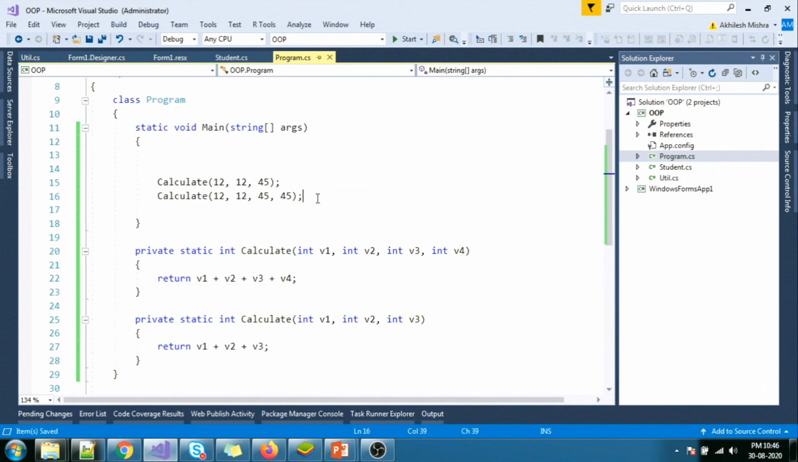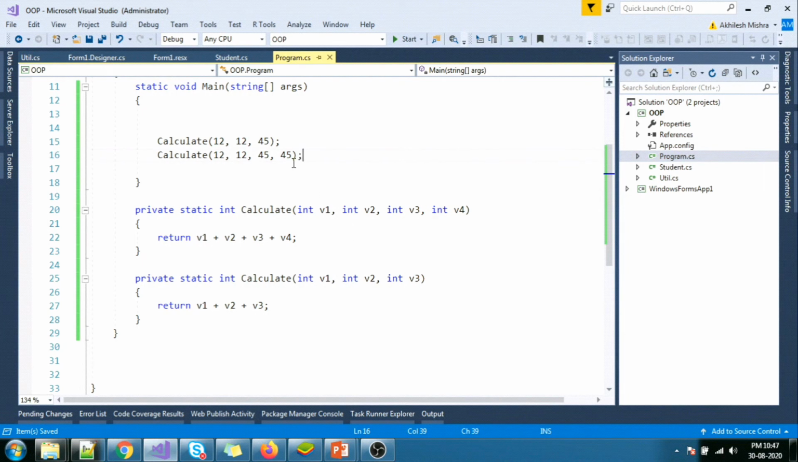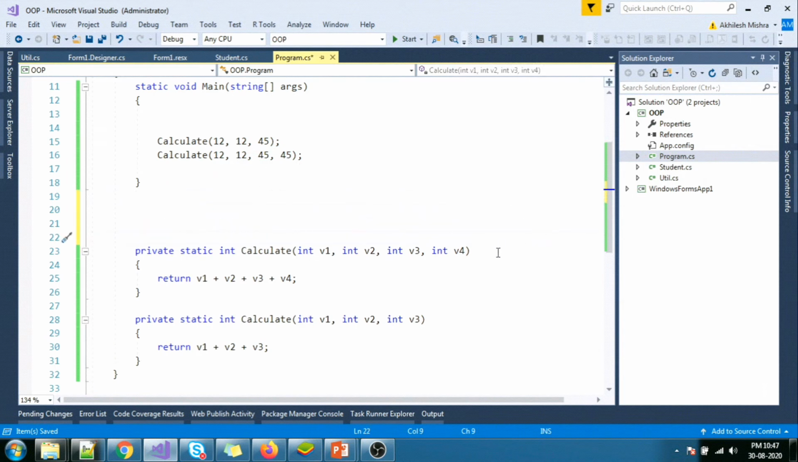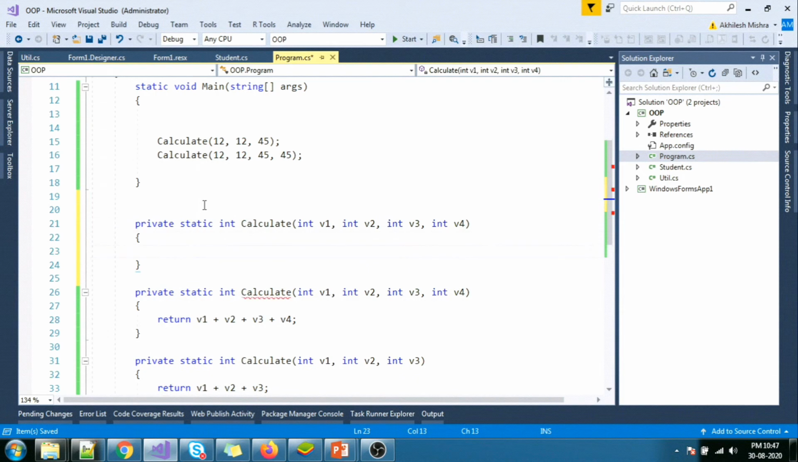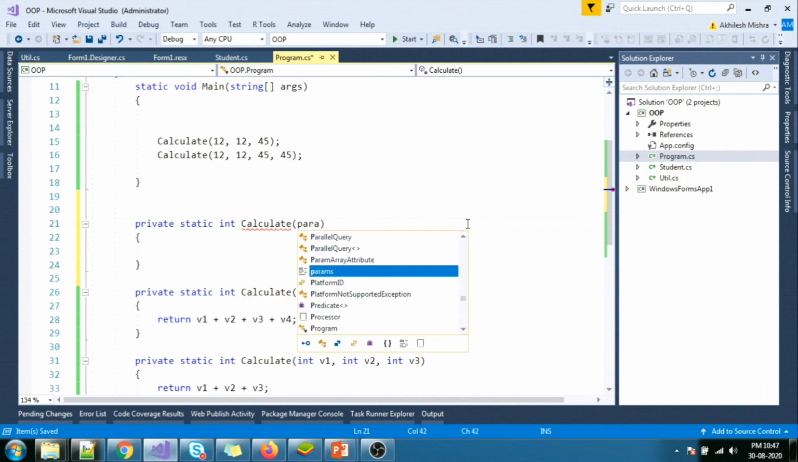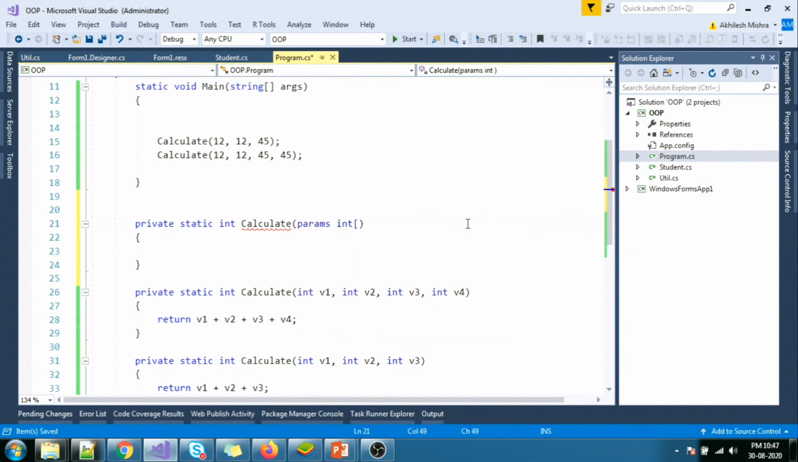Now what if I write a function which will be taking all the number of parameters that you pass from a function, basically an array of integer? I will just make use of this existing function, and instead of using these 4 parameters, I will be using params int array, say params, and I'll just use